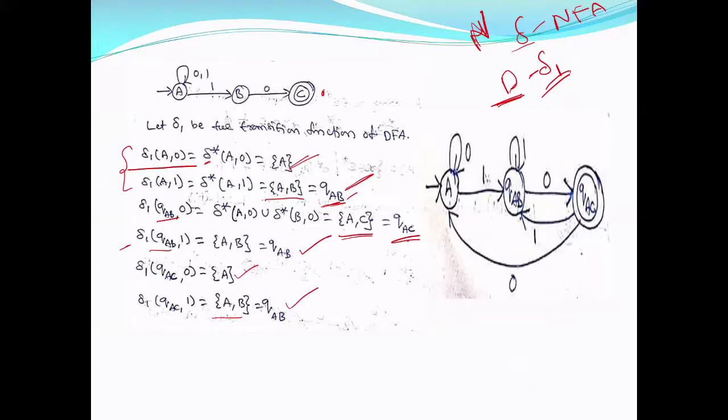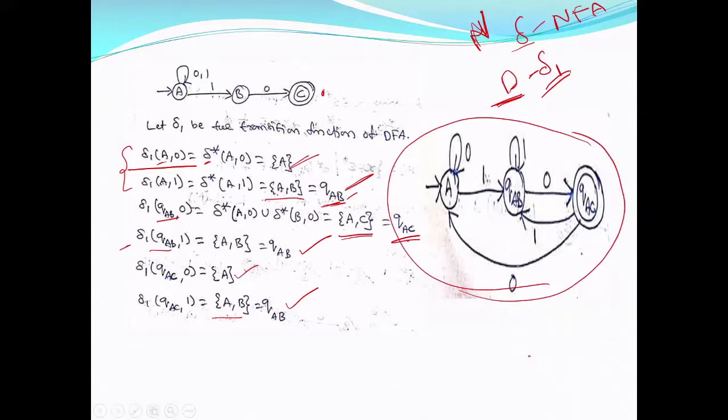No more new states. So you have to do this until either you exhaust all the states or no new combination is available. So if you start from A, there is a possibility for you to go to A or AB or AC. Any other combination is not useful. If you want to calculate, you can calculate the transitions, but they are not going to be useful. All transitions in your DFA will be only in these states. The remaining states will be dead states. You need not calculate.